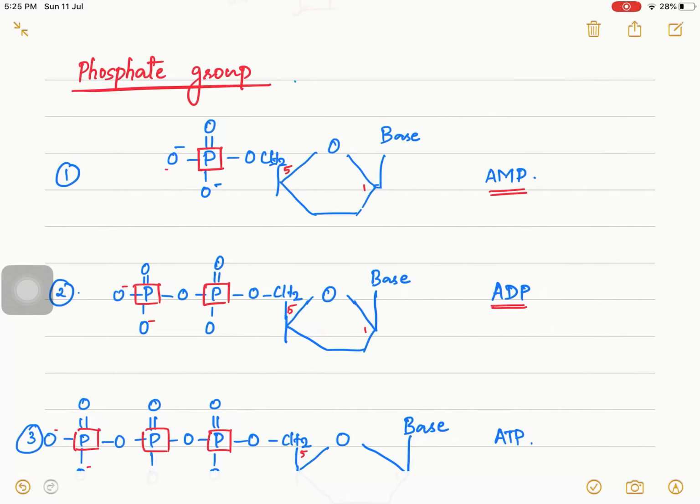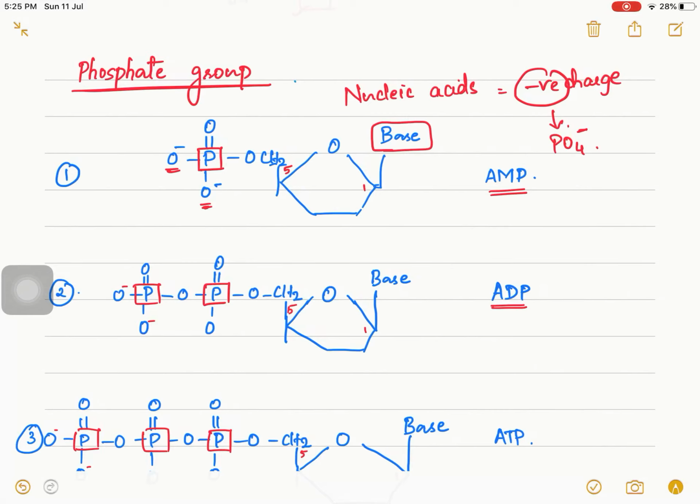The very important point is the charge. Always the nucleic acids are negatively charged. This negativity of nucleic acid is coming from the phosphate group attached to this structure. The oxygen here is going to give the charge to the nucleic acids, which are negatively charged.